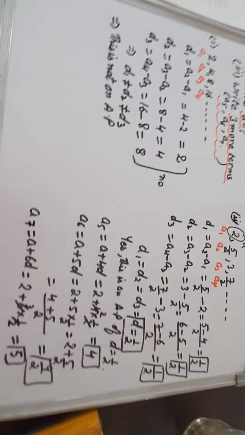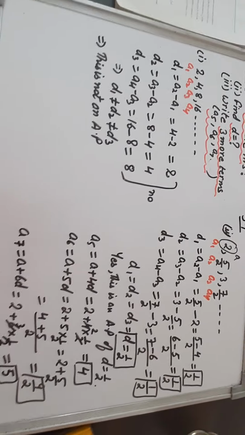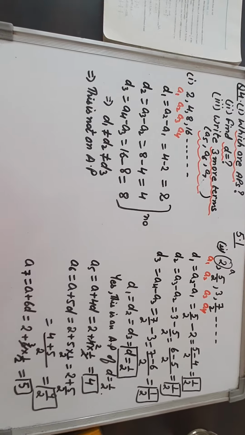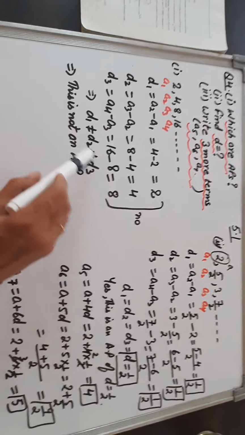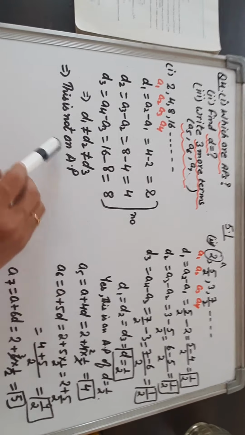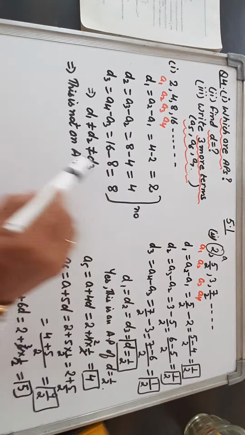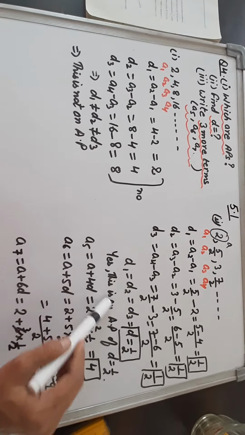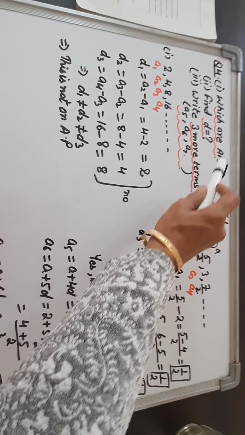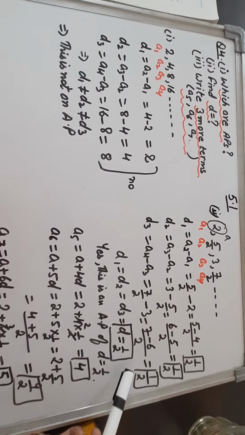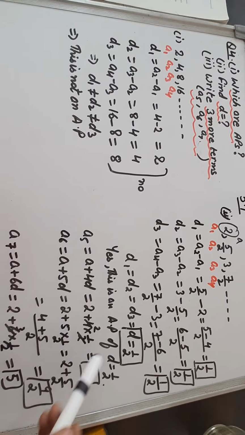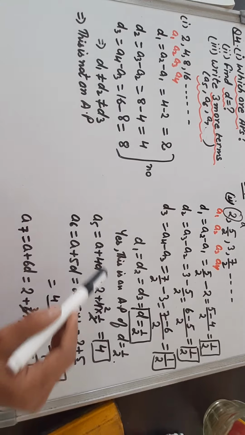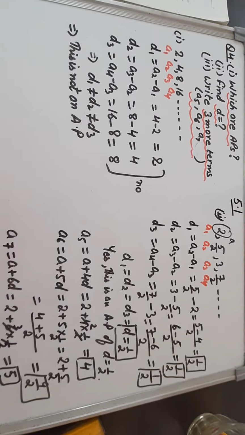So dear students, try the remaining parts of this question yourself and we will discuss them in the next lecture. If the common difference is not same, that means this is not an AP, the question ends here. But if the common difference is same, then we'll say yes, this is an AP, and that is the answer to the first question. Then the difference we have already found out, this is 1 by 2. Then we need to find out 3 more terms, that means A5, A6, A7 like this. Put the values and get the answer.